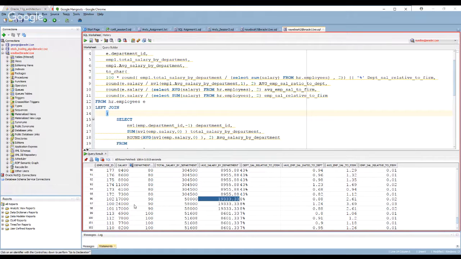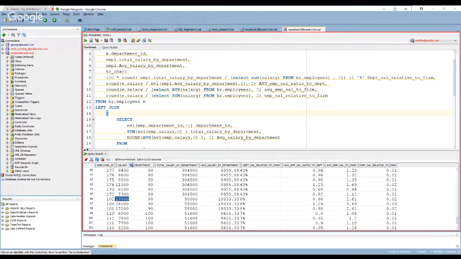Oracle is giving it to us, but it's simply a matter of saying 17,000 plus, sorry, where's my plus sign? 24,000 plus 17,000, that's 58,000. And the average would just be over 3 people in that department. So the average is 19,333. So the question is, the guy who's making 17,000 relative to the entire department, right?